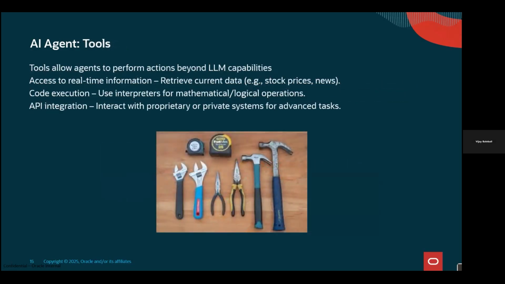AI allows tools, as I mentioned in the architecture. Tools allow agents to perform actions beyond LLM capabilities: access to real-time information, code execution, and integration with APIs. So tools can be anything. It could be API integrated. It could be third-party APIs called from within your application. So when you integrate